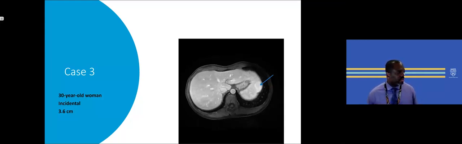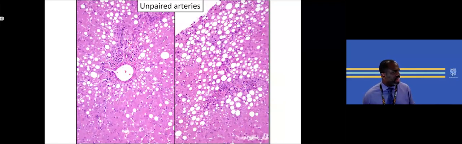This is a 30-year-old woman with an incidental 3.6 centimeter liver lesion, shown here on the cross-sectional imaging, pointed to by the blue arrow. So this is a lesion where all the cells look the same. There's an abundance of intratumoral steatosis. On high magnification, you can see no intact portal tracts. You just have